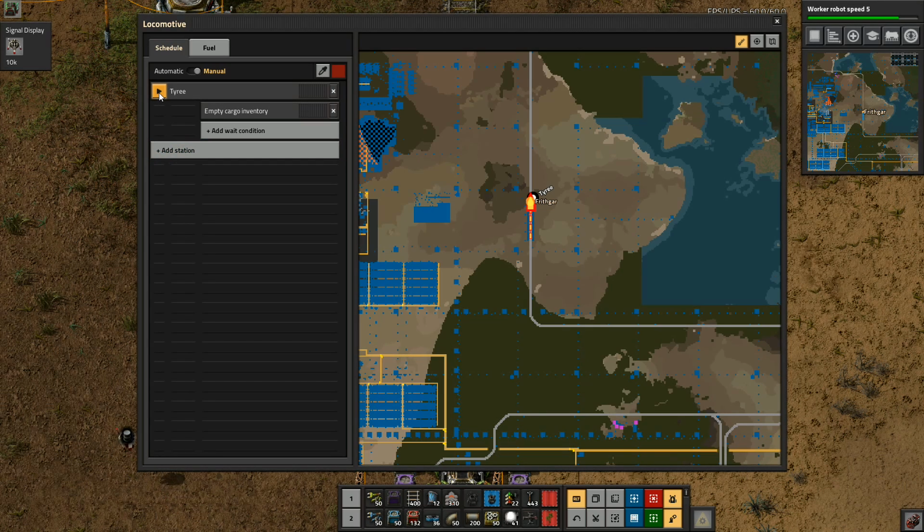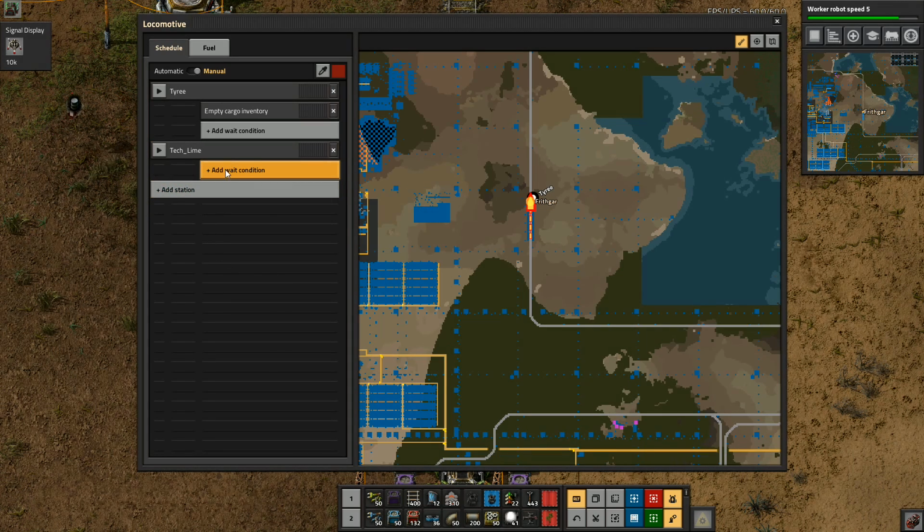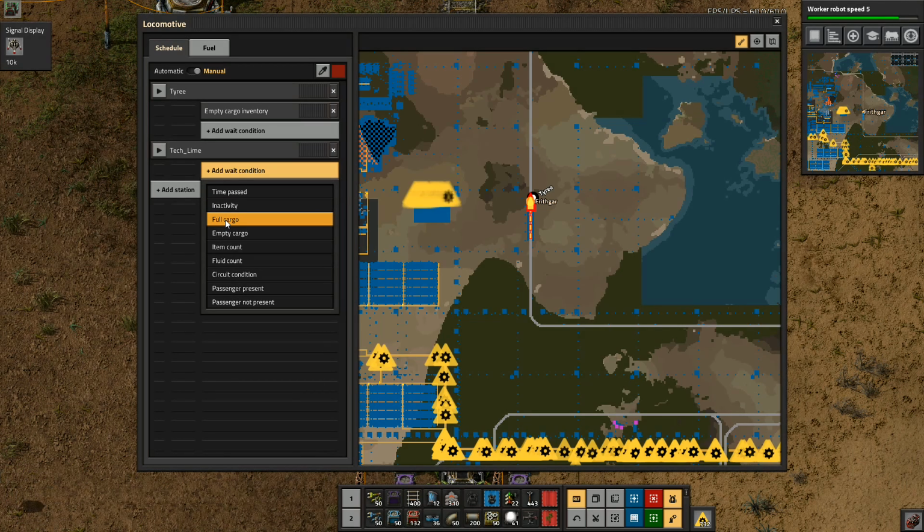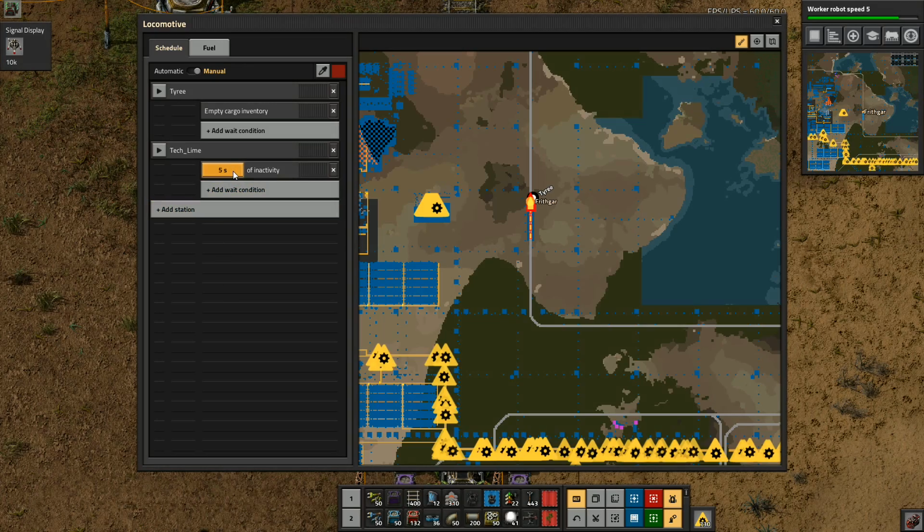The next one I'm going to do is I'm going to add in another one. And this is going to be Tech Lime. This is the second one. And this one here, I'm going to add the weight condition that I'm going to go for full cargo. Or... Actually, no. You don't even need to have full cargo. This one here, I go for inactivity. And I change that to...